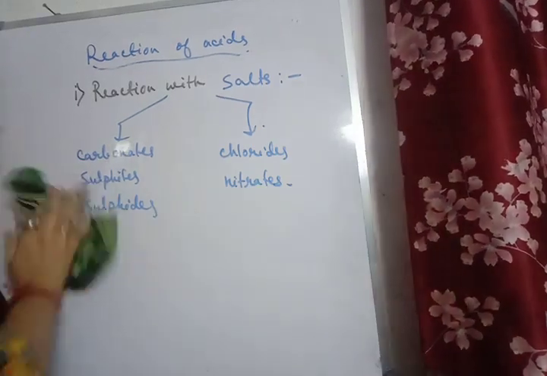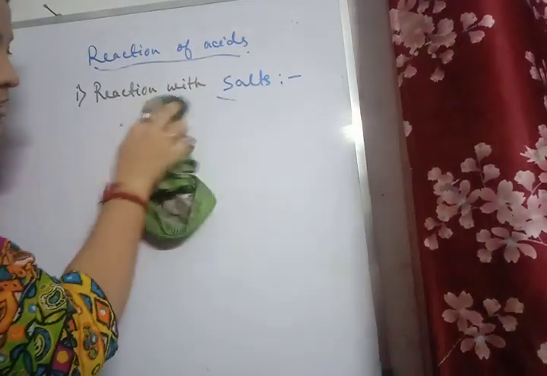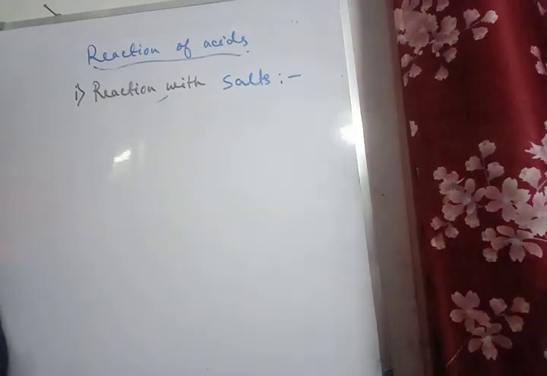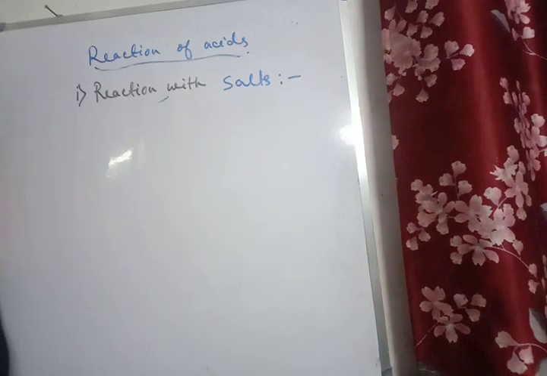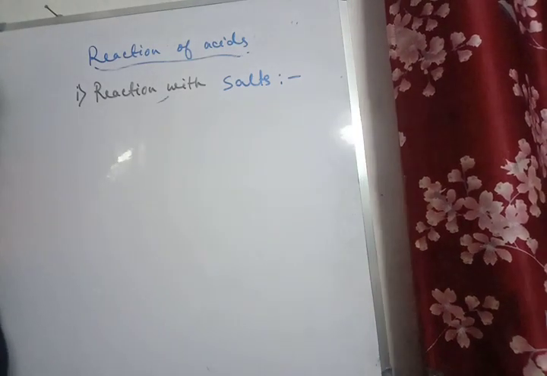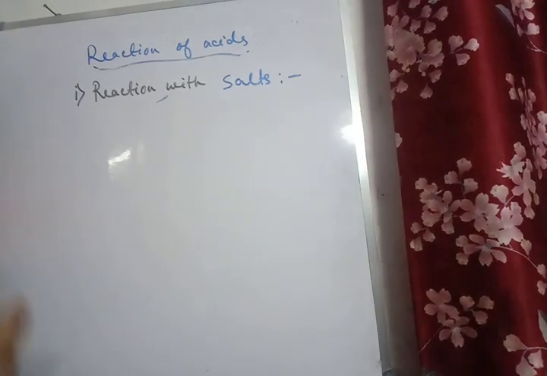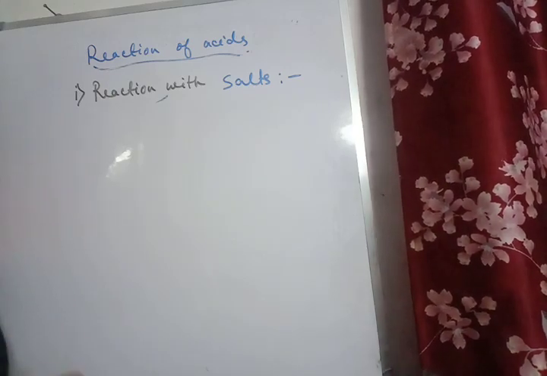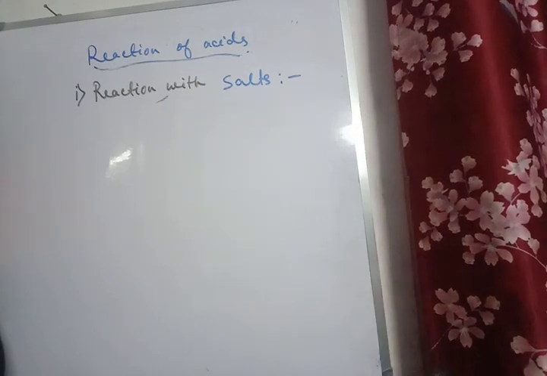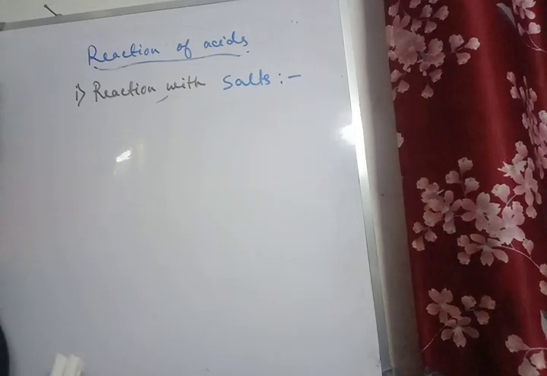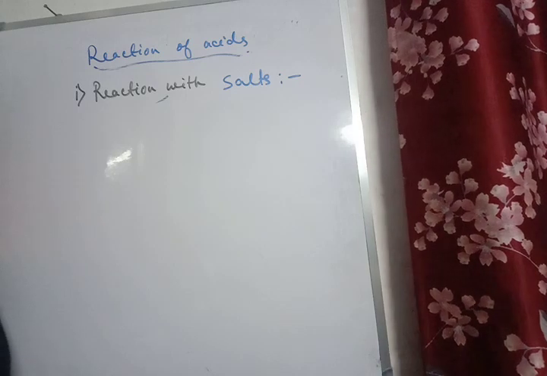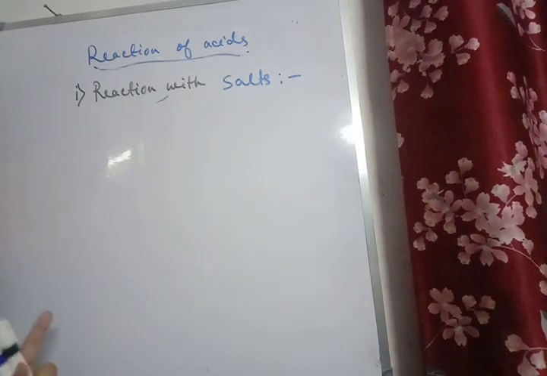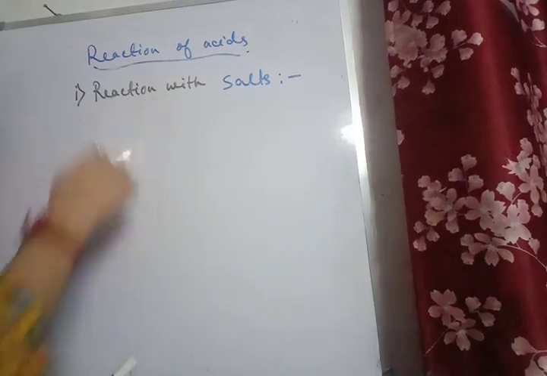So dilute acids, when they react with carbonates or bicarbonates, will be forming salt, water and carbon dioxide gas. Now carbon dioxide gas is a colorless, odorless gas that turns lime water milky. Now we need to know this. If the salt formed is insoluble, then the reaction will not be proceeding. So always the salt formed has to be a soluble salt. If it is a soluble salt, then only the reaction will be proceeding to the right. Otherwise the reaction will stop in the middle. Right? So the salt has to be always soluble.